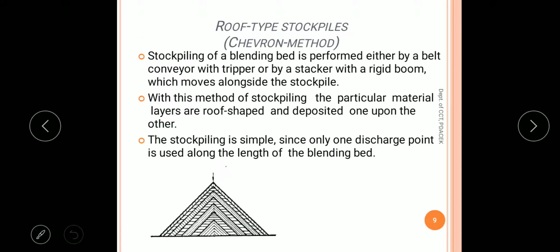With this method of stockpiling, the material layers are roof shaped and deposited one upon the other. Once the material is deposited, upon that another material is deposited, and upon that another. The stockpiling is simple since only one discharge point is used along the length of the blending bed.